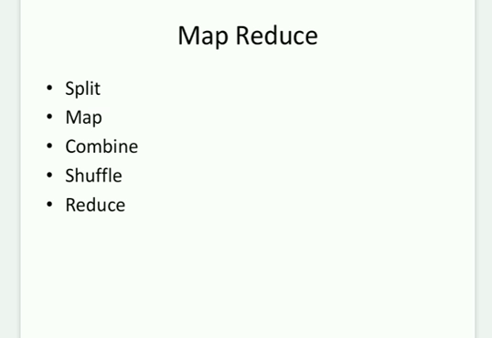So, there are 2 important properties of MapReduce. One is data flow. Data flow is in only one direction, that is from map to reduce. So it is possible to use the output of the reduce step as the input to another MapReduce process. We'll see this in detail in the coming slides.